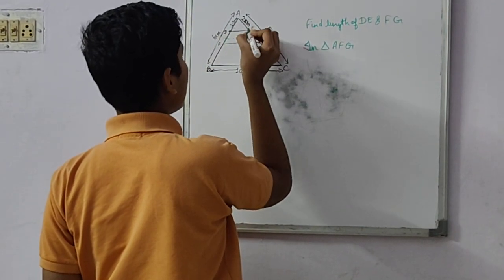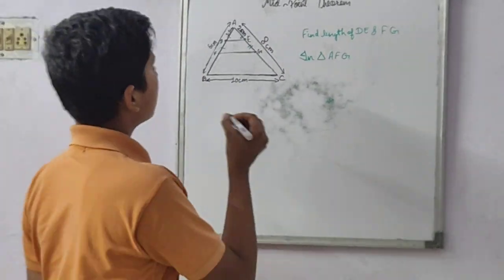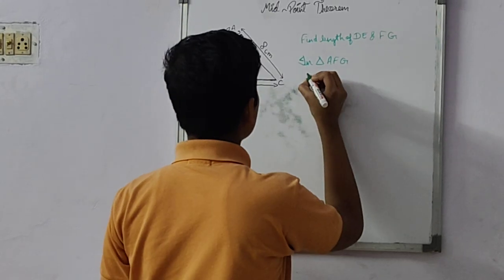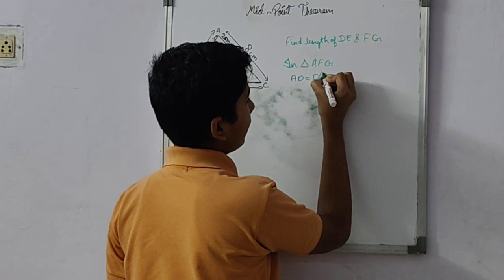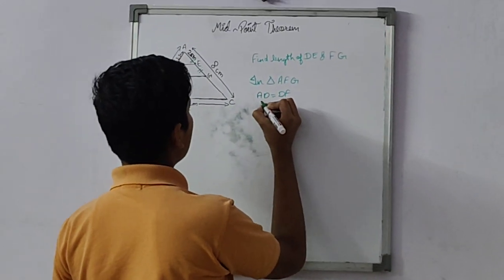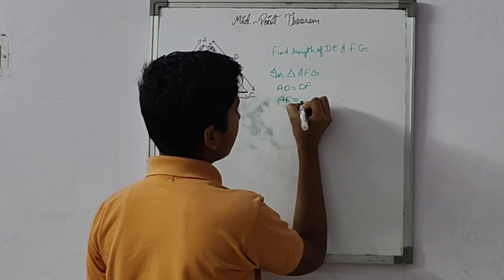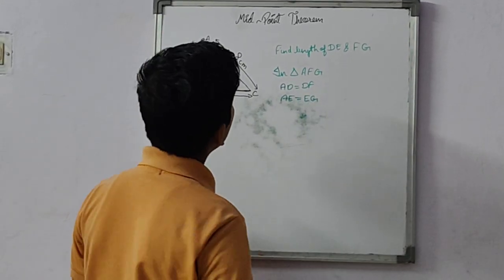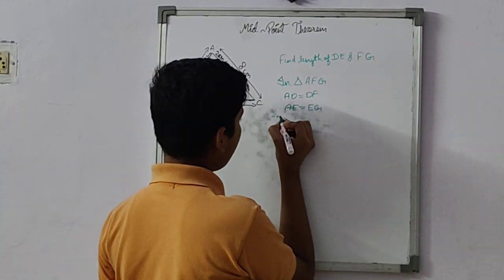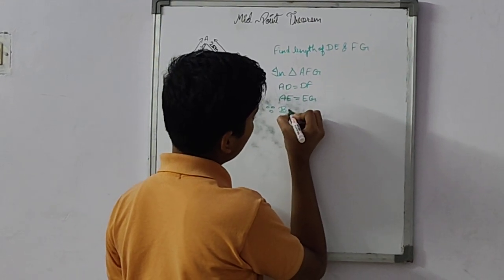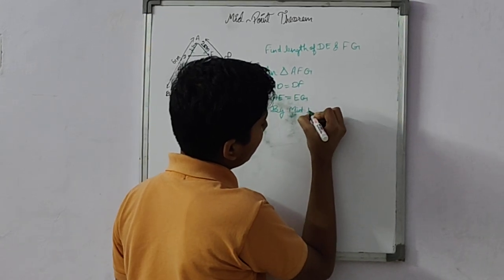This is given, that these two sides and these two sides are equal. So AD equal to DF, comma, AE equal to EG. Therefore, by midpoint theorem,